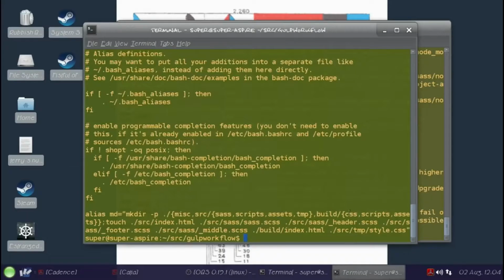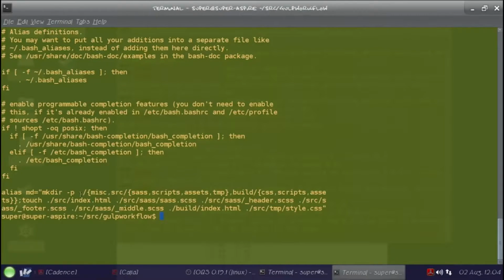See, that's there, and so there it is. There's the make dir command, and it's me creating a whole bunch of files that are necessary. There's the build index.html, which is there to provide an empty file. All these are empty files, but it provides the Python server with a file, and the style.css in